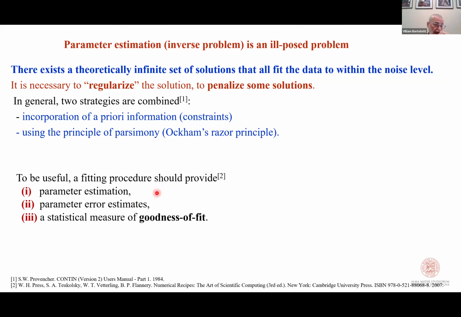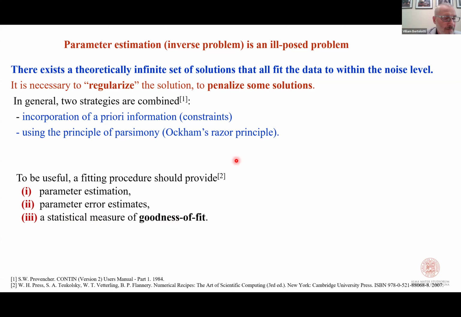So it is not enough to have just the value of the parameter, but you should also know, if the same parameter is computed in two different moments, in two different experiments, how can they be compared? Is it the same value with a different error bar? The confidence interval is different, so you can say, okay, the parameter has changed over time. And another piece of information should be about the goodness of the fit, because one of the big problems of inversion is